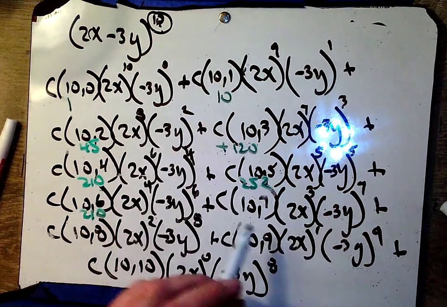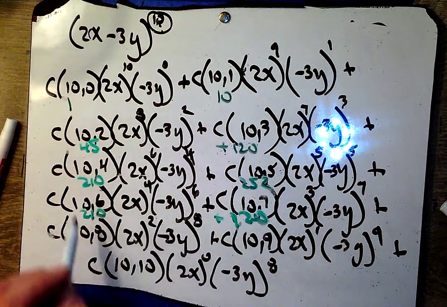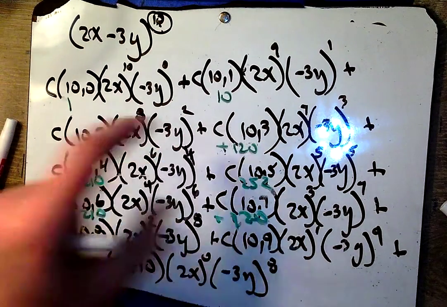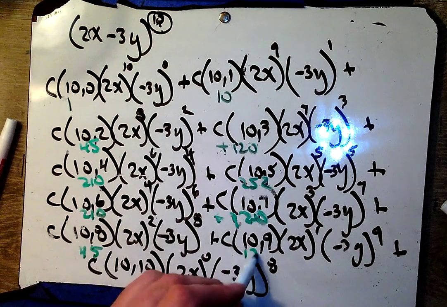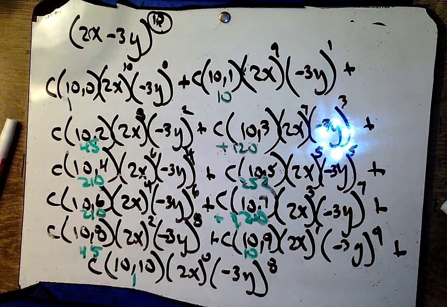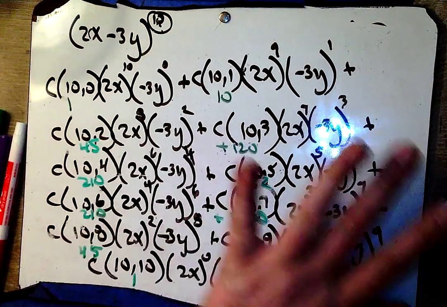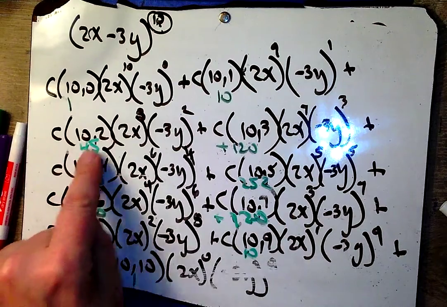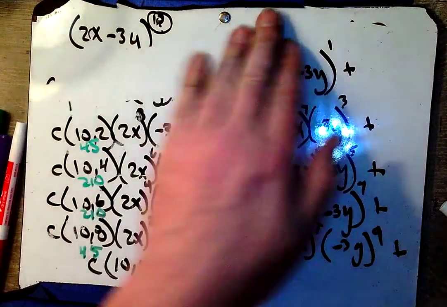10 choose 7, and I get 120. And I notice that these are the same and these are the same, so I know that this one will be 45 and 10 and 1. Okay, so see if you can do that, multiplying times that, multiplying times that, and write out that